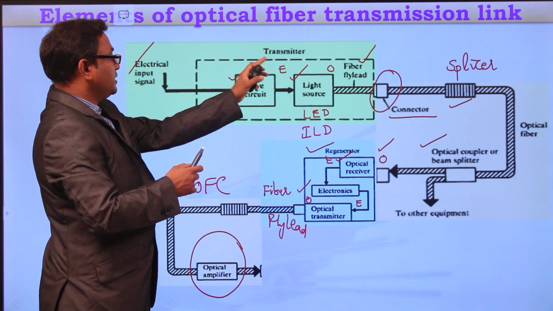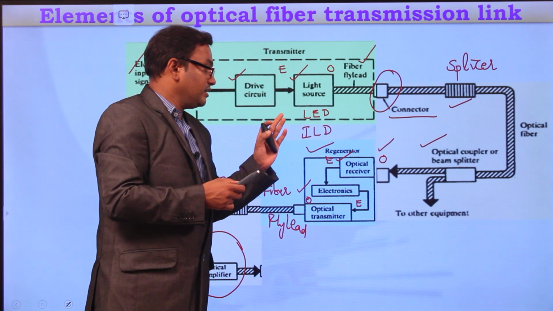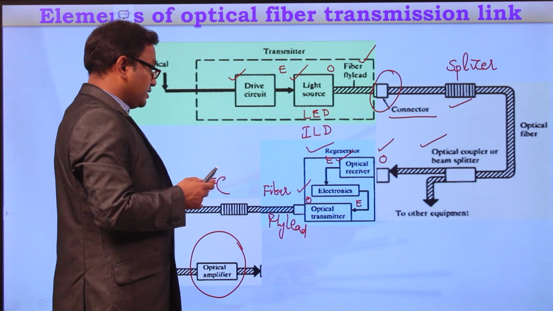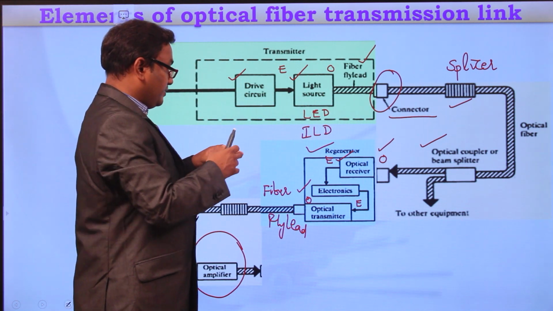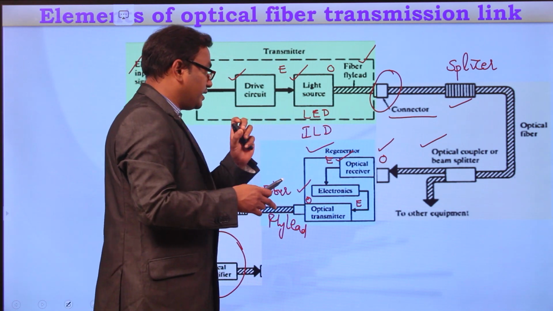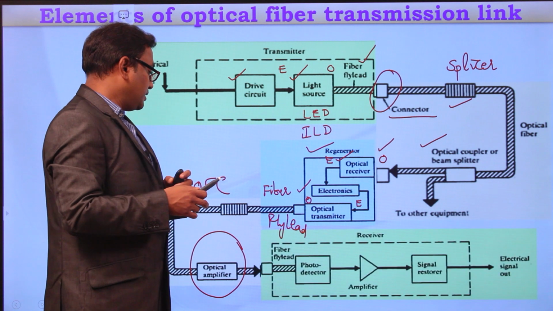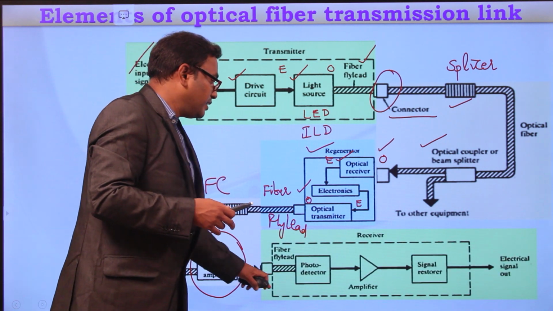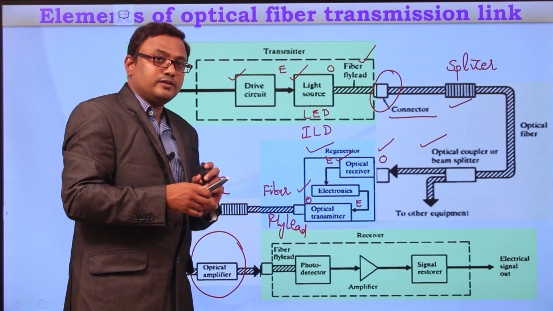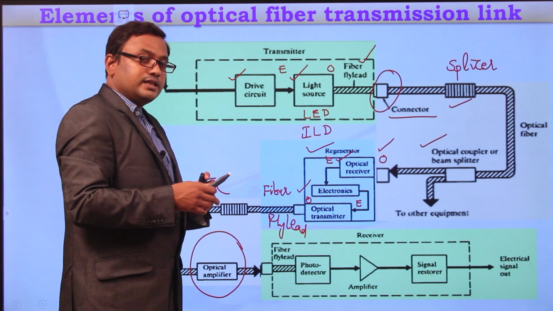Here with the green colored one, you can observe this is the transmitter section. With the gray colored one, you can observe that is the channel. And within the channel, if you want to amplify the signal, there is a repeater section which is indicated with the highlighted blue color. And then the signal which is coming from the fiber will be given to the receiver section.